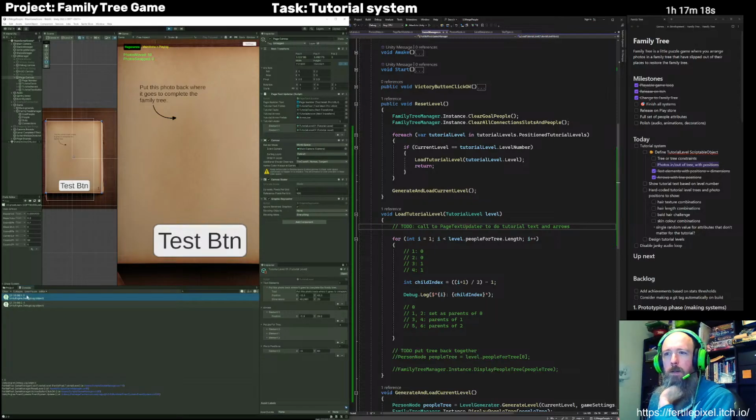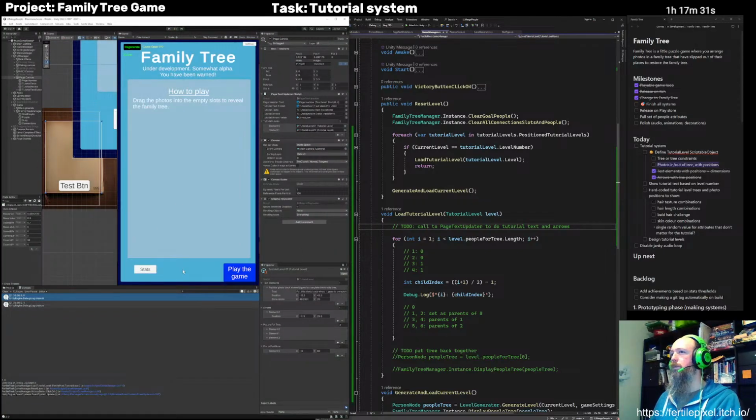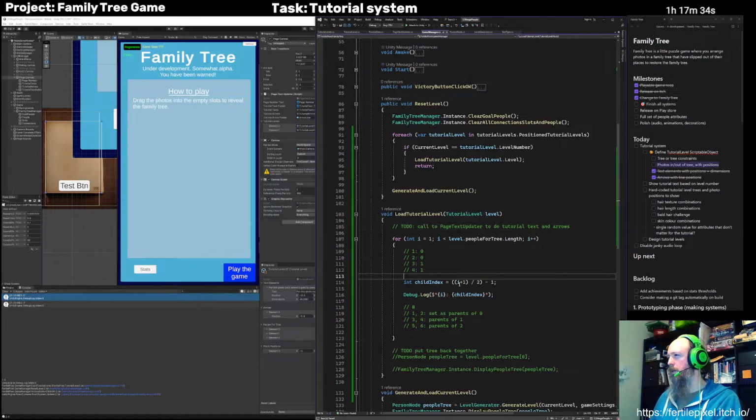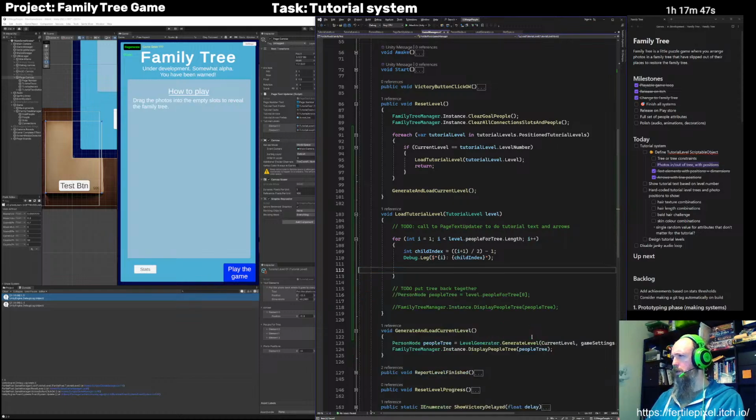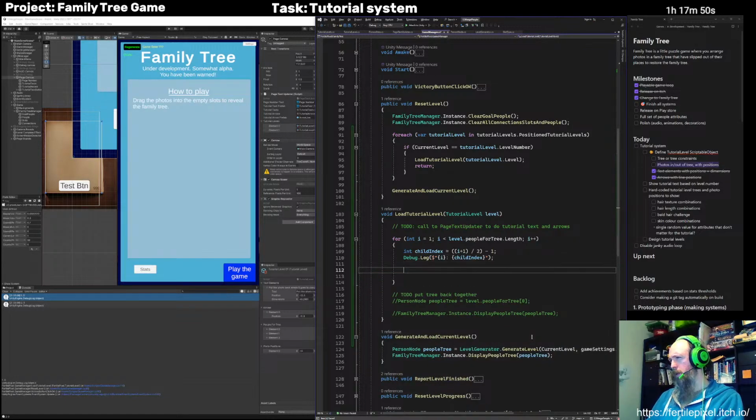Okay, for index 1 we got 0, and for index 2 we got 0. It's not a big enough tree to test it beyond that. But that's okay, I'll test that out properly when we get to a bigger tree. So basically, equivalent of pressing that test button will be what happens. There, I'll leave that debug log in. We can test it out later, but essentially need to just, for every index other than the first one, we need to get the child,